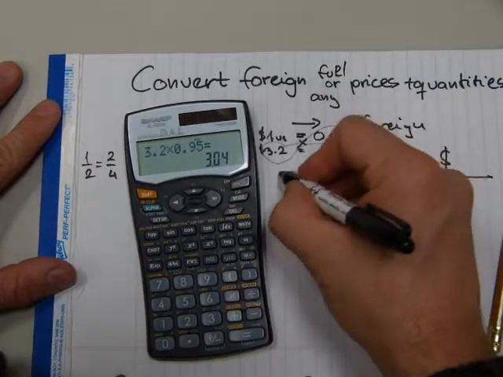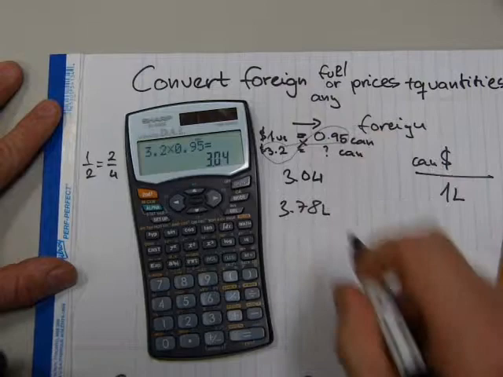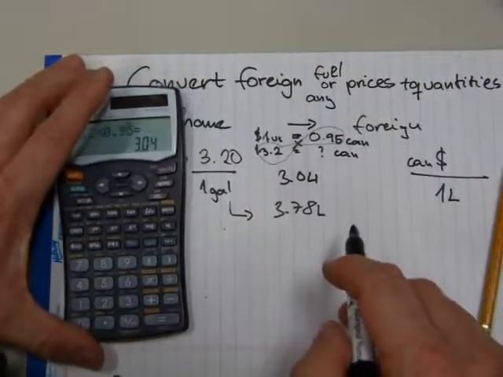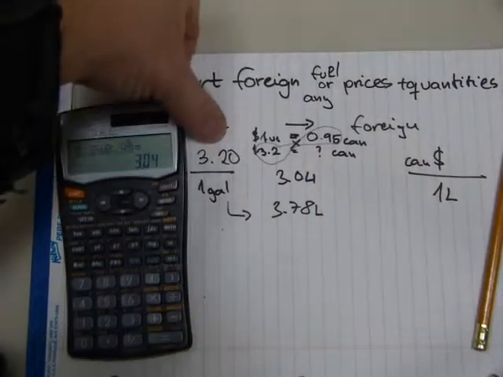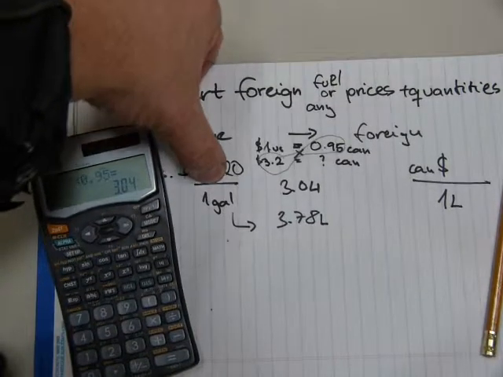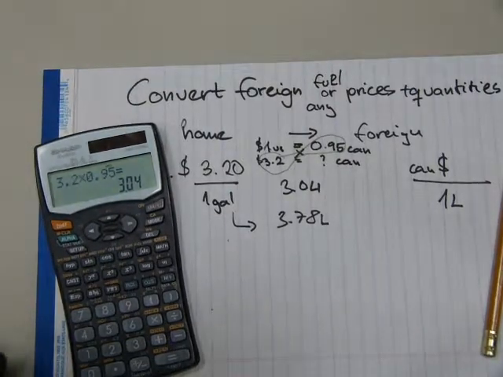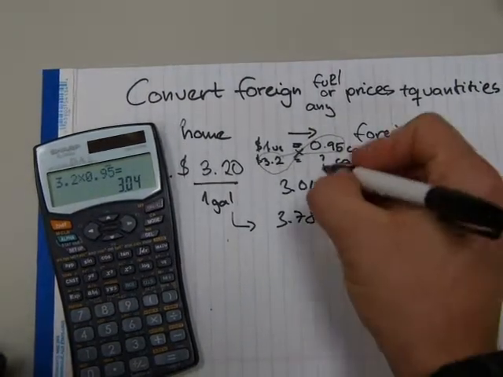So I'm going to write that one down here. So $3.20 American buys us 1 gallon of fuel, which is the same as $3.04 Canadian